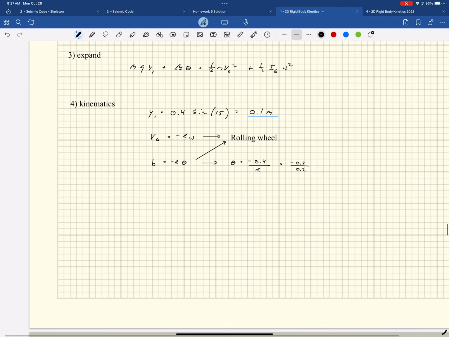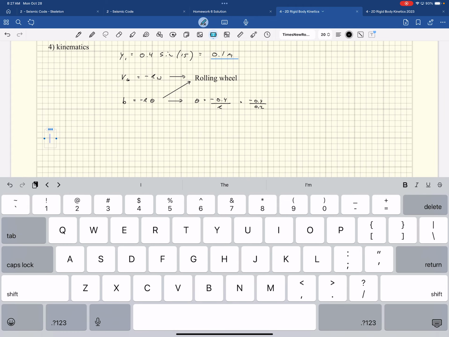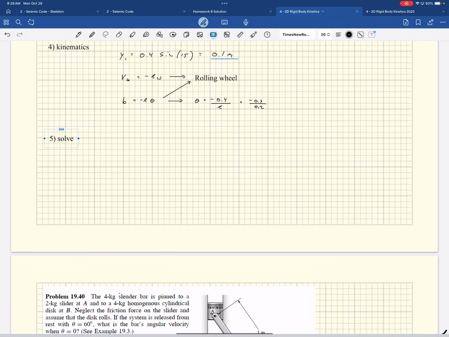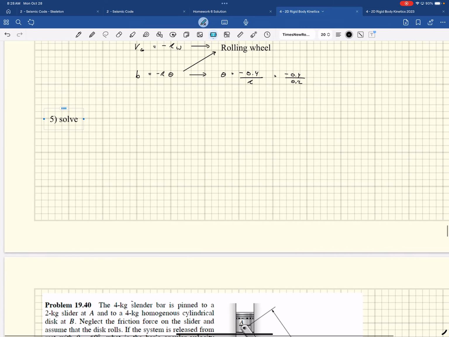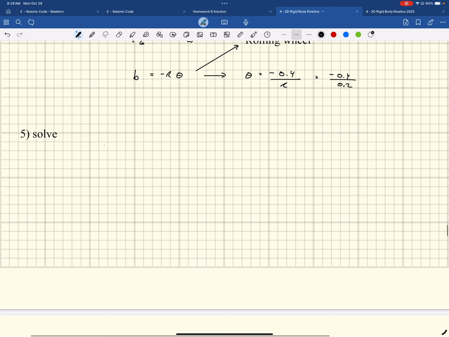Okay. All right, now we have everything. So now we go back. Last step is solving. Solve. Right, so we just plug in everything we have here. So we got the mass is 5, G is 9.81, height we just determined to be 0.1, plus,